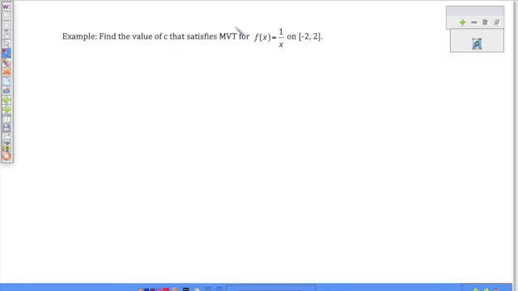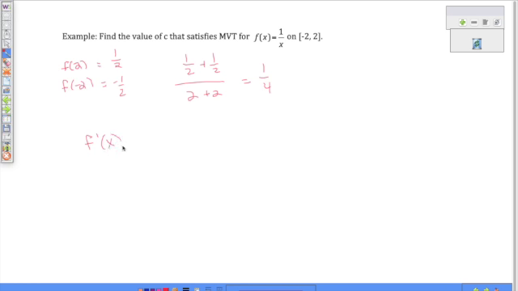Okay, so example, find the value of C that satisfies mean value theorem for f of x equals 1 over x on the interval from -2 to 2. Okay, so let's start by finding f of 2 and f of -2. So f of 2 is 1/2, and this is -1/2. All right, so I'm going to do, it's 1/2 plus 1/2 over 2 plus 2. So that's 1 over 4. So I'm looking for a point,